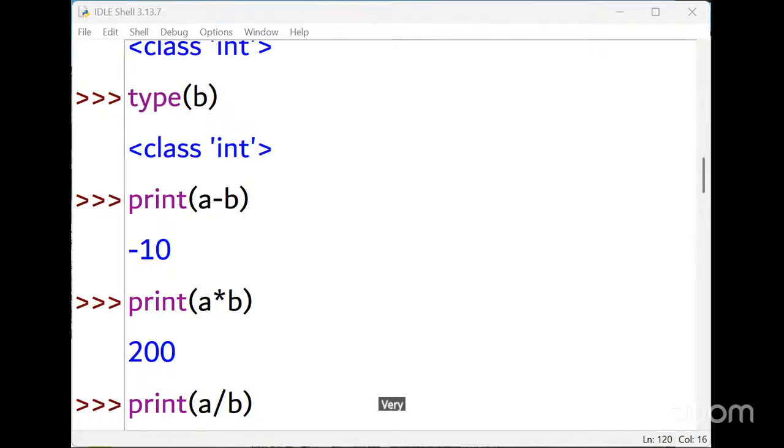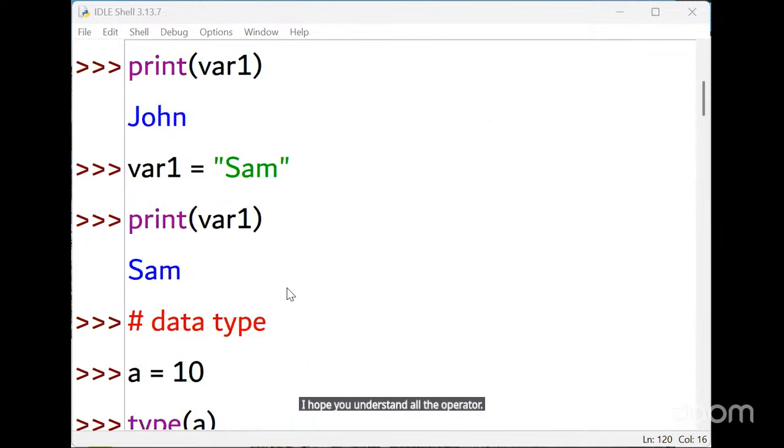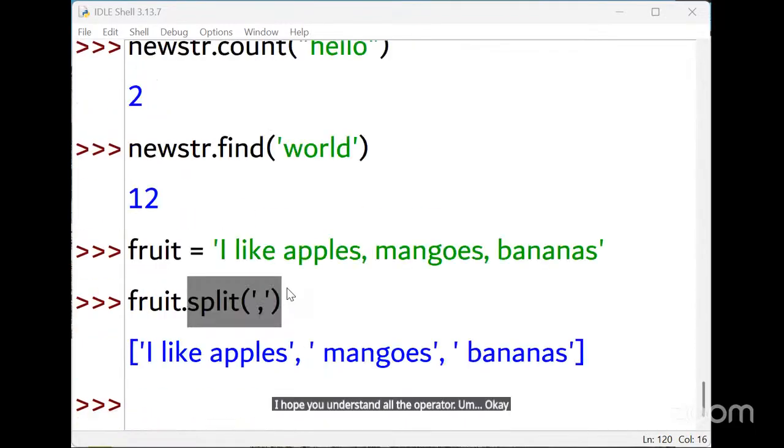And the logical operators are and, or. Very good, Hema. I hope you understand all the operators.